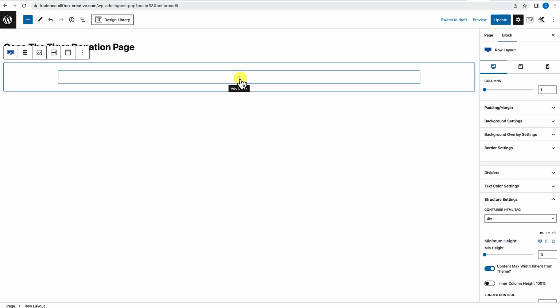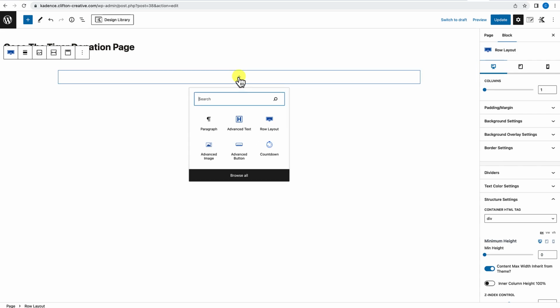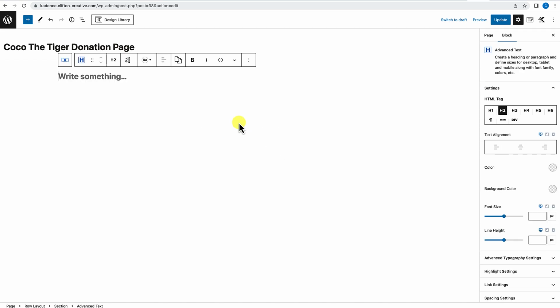Now I need to start putting in content on the inside of this column. So the first bit of content I'm actually going to add is another row block. This row block is going to contain the top header portion of information for this page. Okay, so I'm going to click on the plus sign here, and I'm going to select the advanced text. This is a Kadence block, the advanced text. That's a Kadence heading block, but it's also a Kadence text block as well. By default, it's going to provide a block that is an H2 tag, which is a heading tag. Okay, so here we're going to say help save